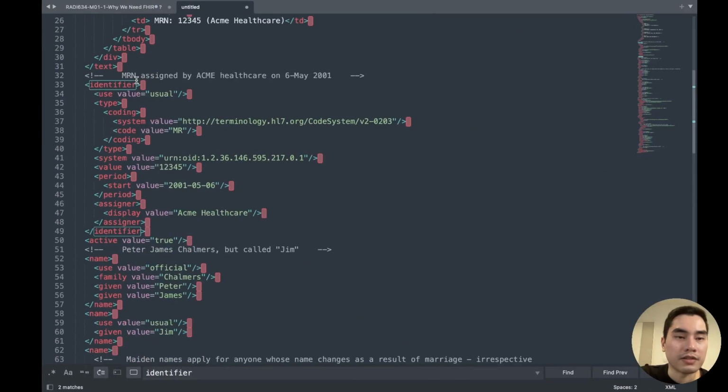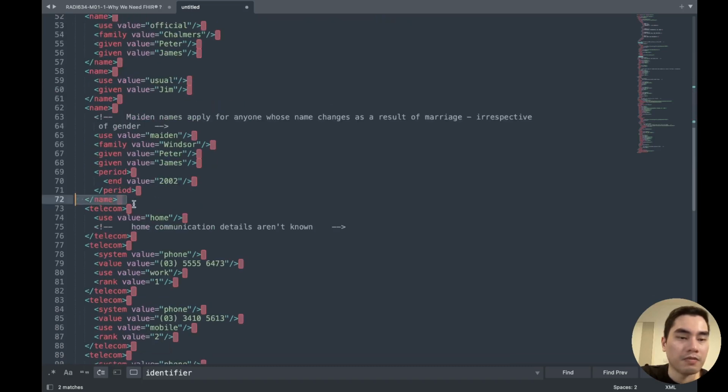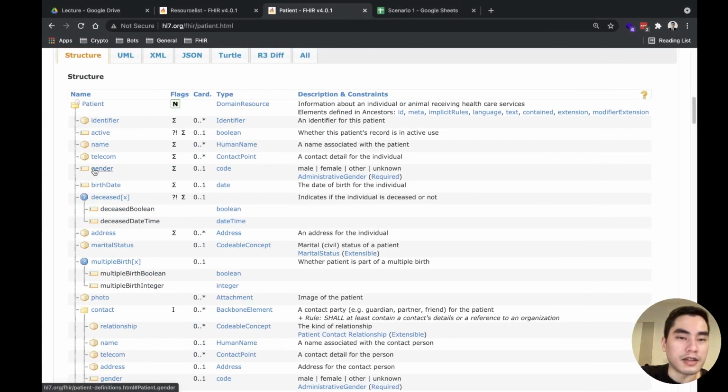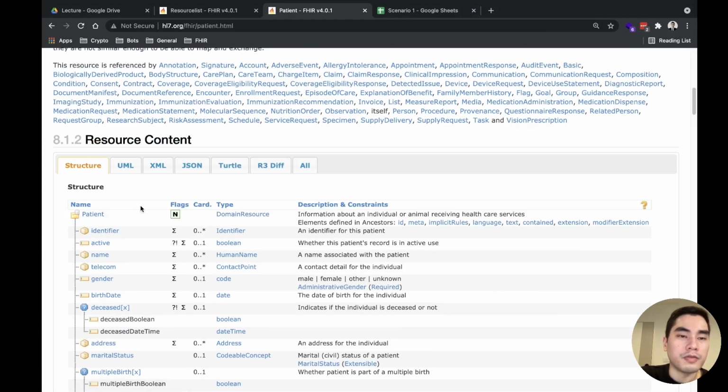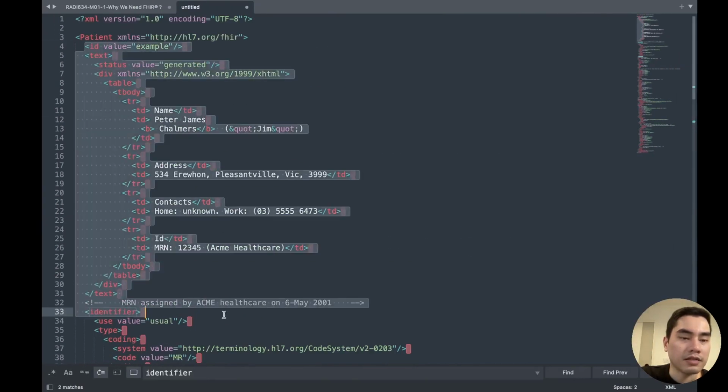So this is the real example. Identifier, name, telecom, and then gender. You may wonder, the first item is identifier, but how did this thing come before the first item?